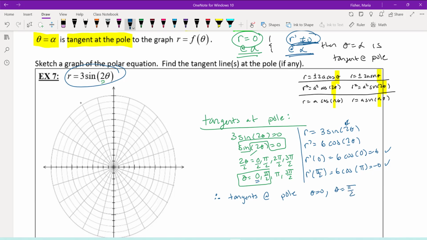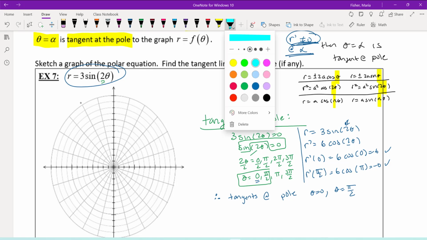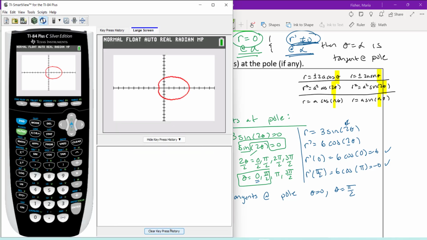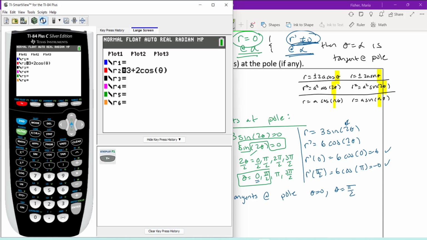But now I want to sketch the graph because that was part of what I needed to do. So I need to sketch the graph of the polar equation. Well, I need to figure out what it is. Well, I have all these listed here. But let's pretend that I didn't have them listed. You can always check your calculator first to figure out what this looks like. So if I go to my y equals and I plug in what I'm given here, which is 3 sine of 2 theta,